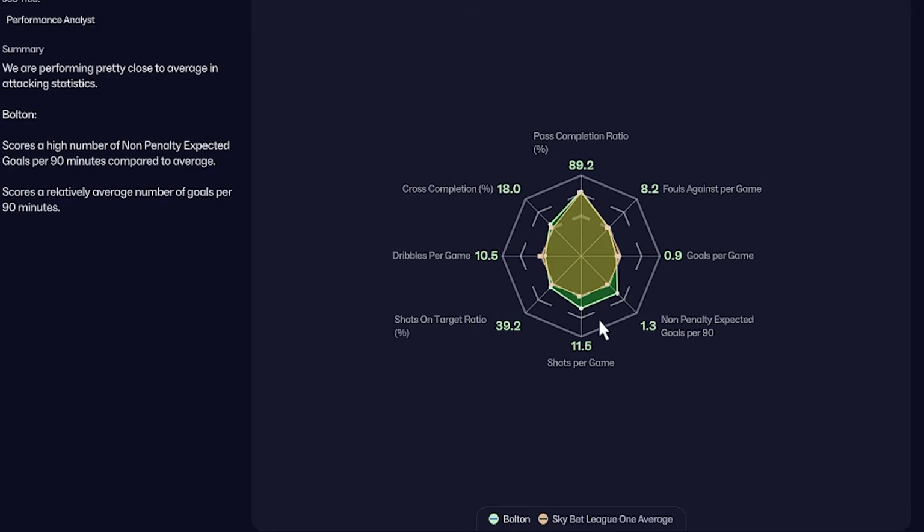This hexagon means that if you see the green bar, this green bar above it shows that's Bolton Wanderers. Then the yellow bar is every other team in the league. So Bolton, where we have ourselves above in green, it means that we're doing slightly better than every other person in the league. So you can see that non-penalty expected goals is 1.3, but we've gone on to score